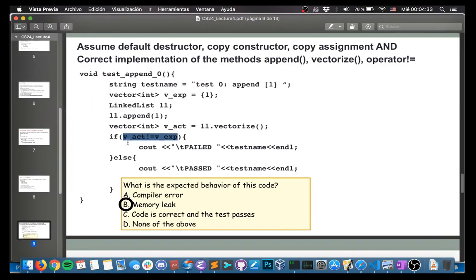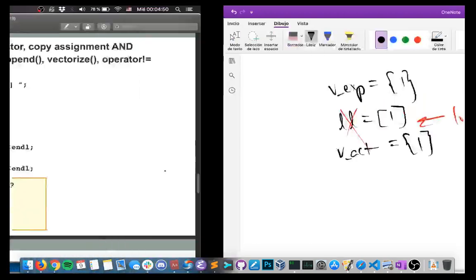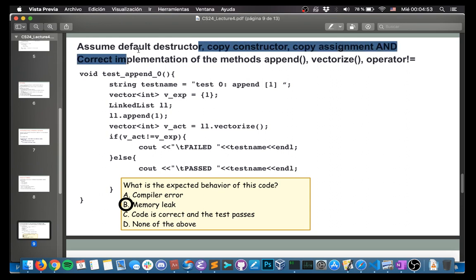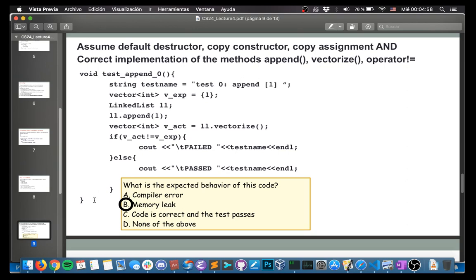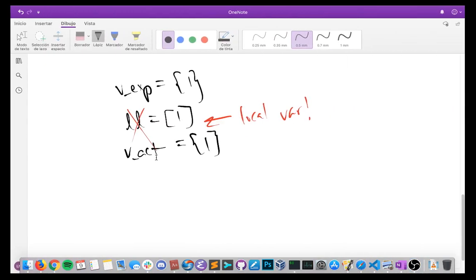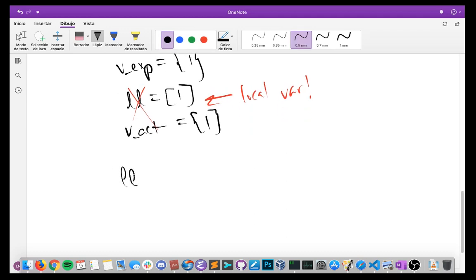But what's going to happen is LL, oh man, it's a local variable. Which means it's going to go away. Its destructor is going to be called. And we're assuming a default destructor. The copy constructor and the copy assignment operators are not being used anywhere in this code. So the destructor is going to be called right down here, right as this testing function tries to return. And so we're going to lose access to that heap location